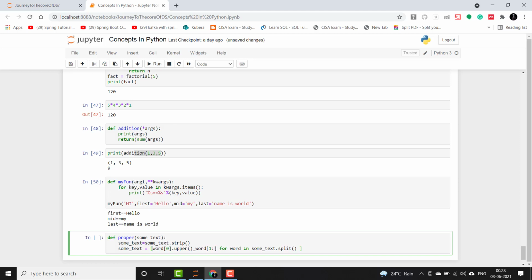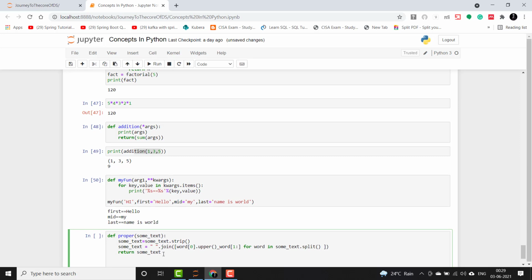This will return a list basically, and then we need to do a join. As you guys have already seen, the join function is used to join the individual elements inside the list. Once we do this, we will have our final string. Now I will say some_name equals proper, and then I will pass the name, let's say Nikola Tesla, and I will print it.